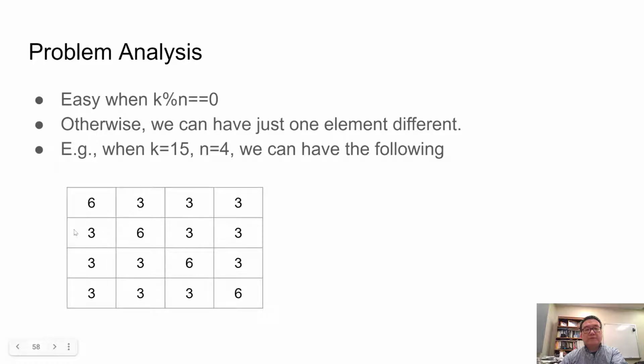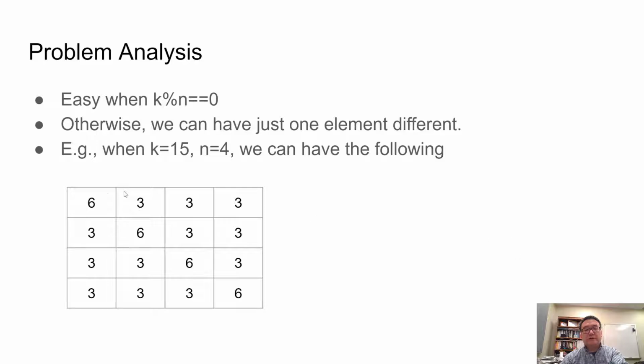In the second row, we first print one 3, then the 6, and then 3, 3. In the third row, we print 3, 3, 6, 3. The last row we print 3, 3, 3, and then 6. Because things are regular, we can do that